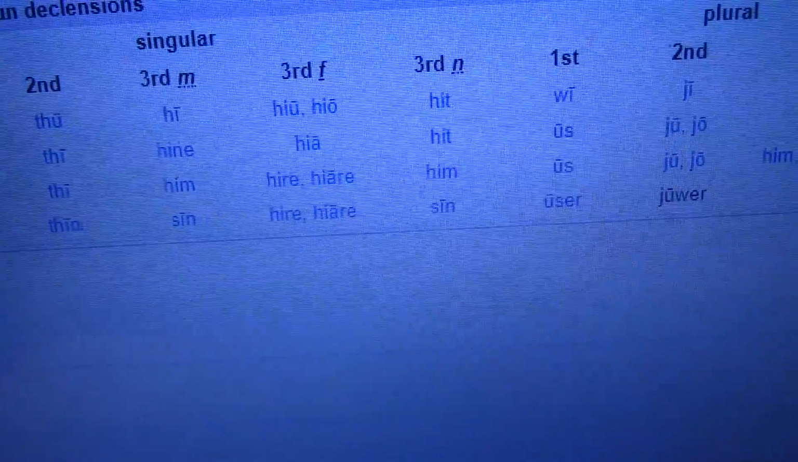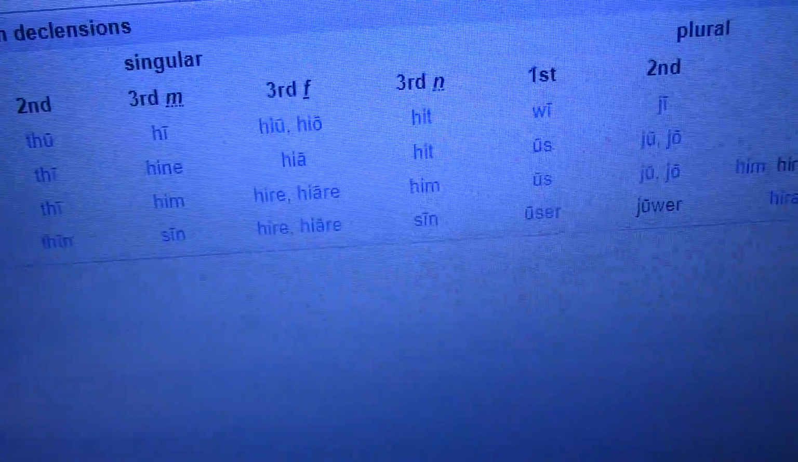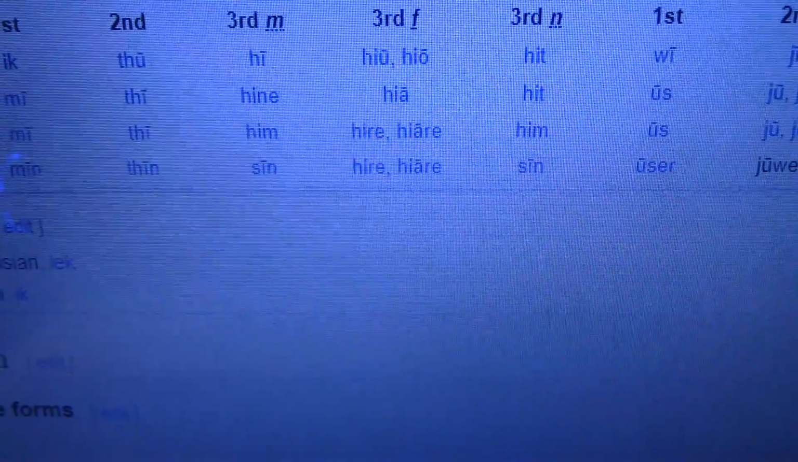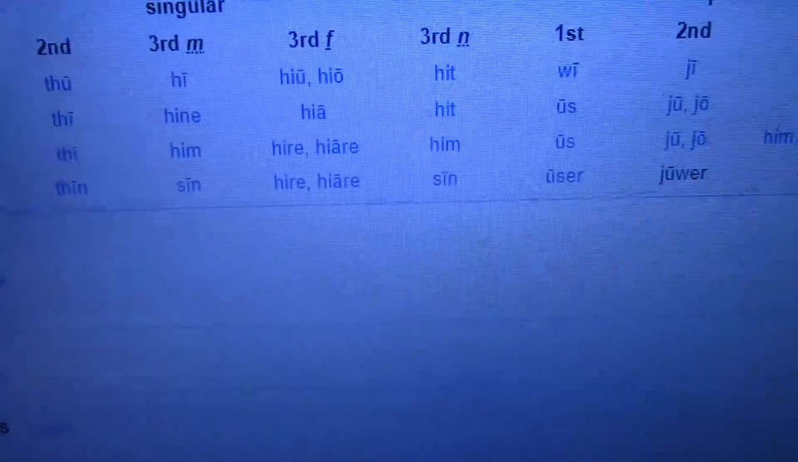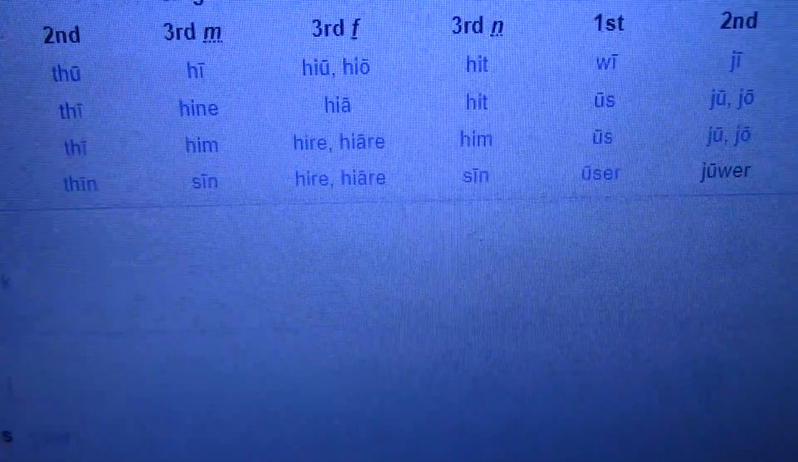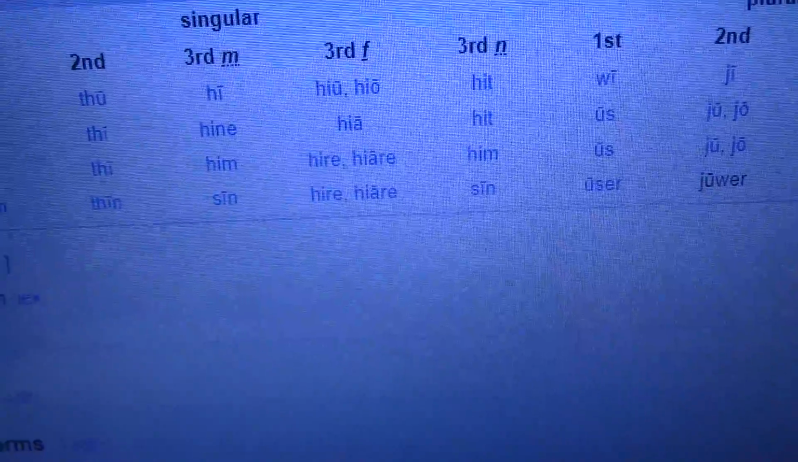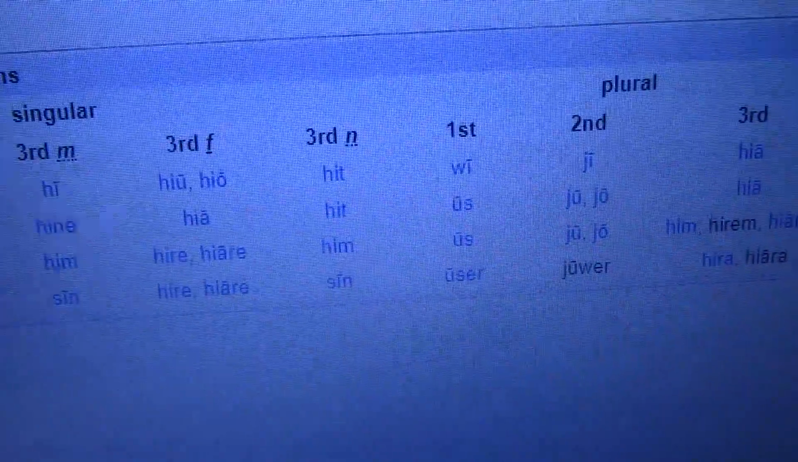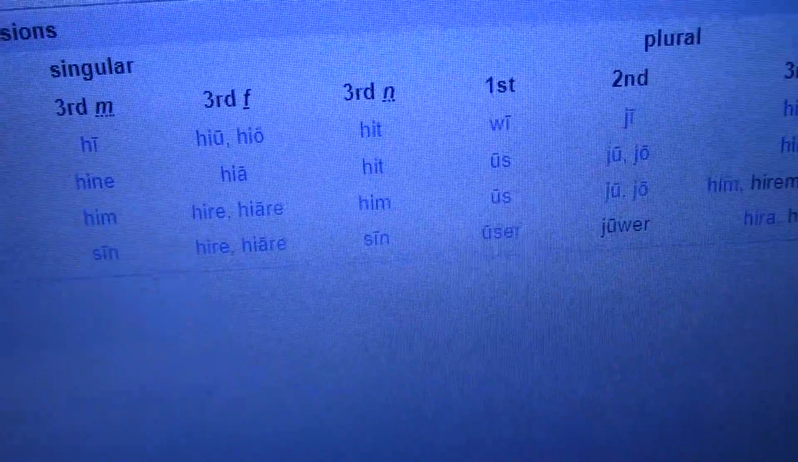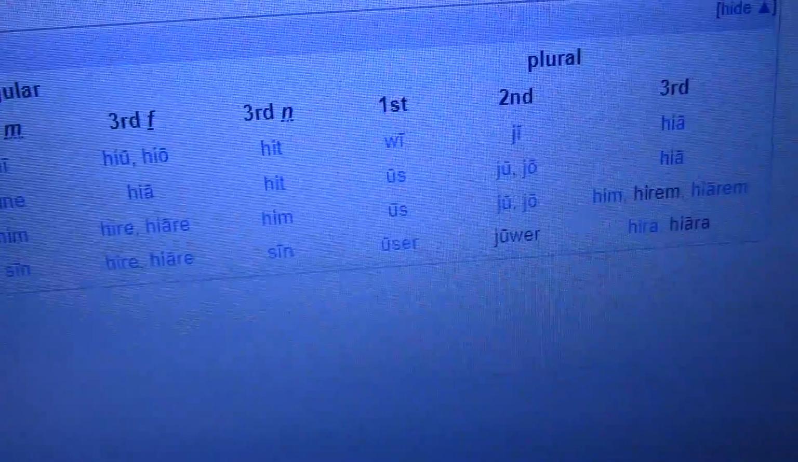I don't know why people still do this, even in Old Frisian, where they put the accent on the second vowel when it should be on the first. Anyway, then we got hita, which is the same thing in Old English, meaning her. But Old Frisian also has hiata. And interestingly enough, the word for it in Old English is the same in Old Frisian. Hit, him, seen, we,